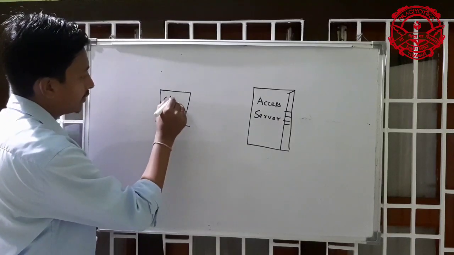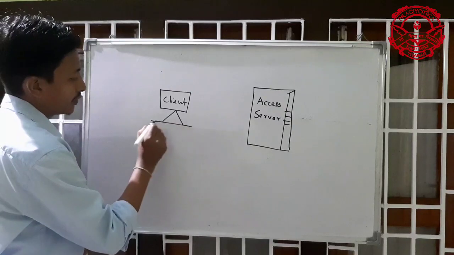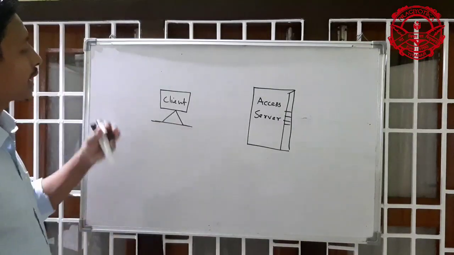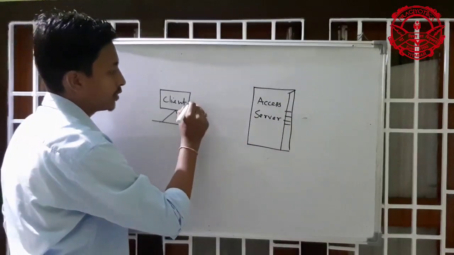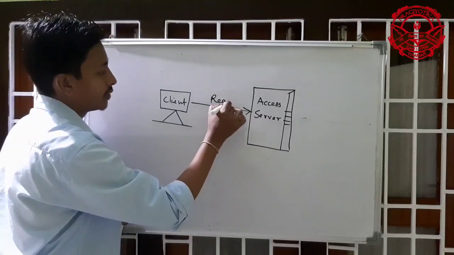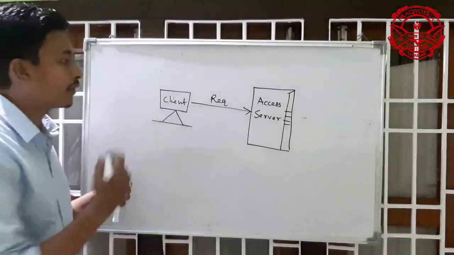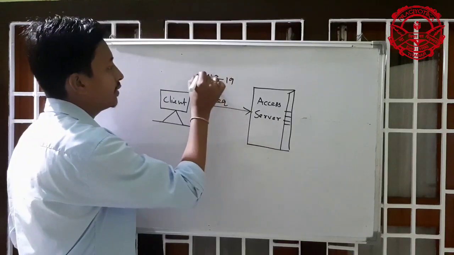The client wants the information, so first they give the request to the server that I want the information of the 2018 to 19 batch